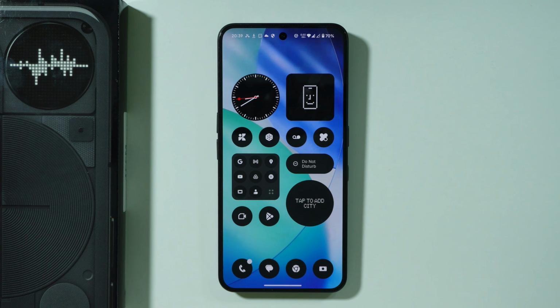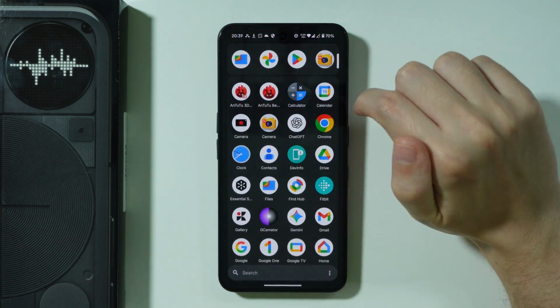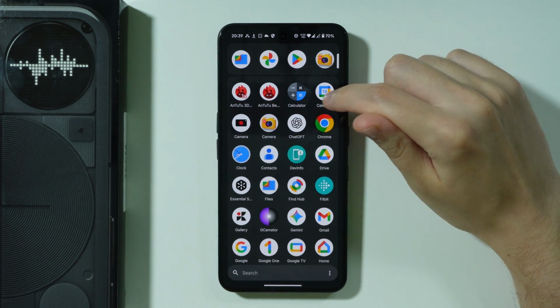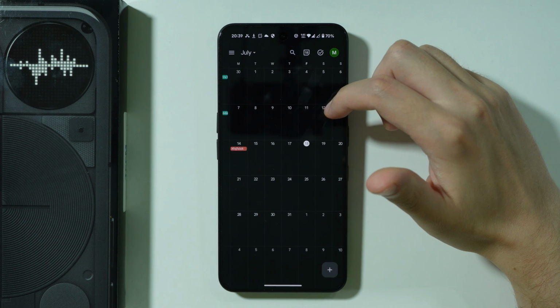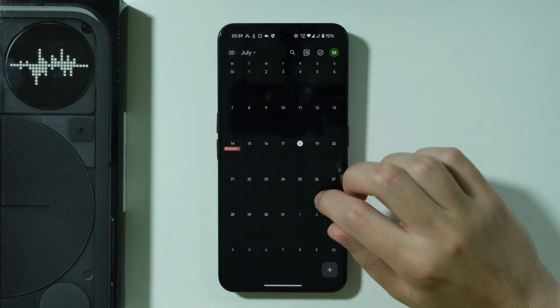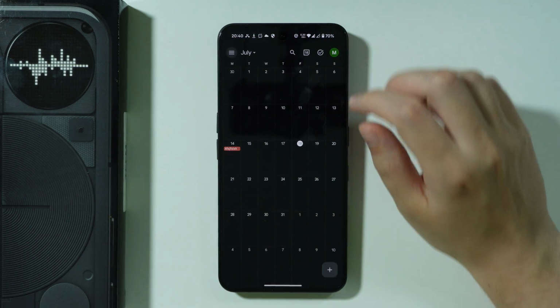If you want to add an event to a calendar on Nothing Phone 3, first of all, we need to open the calendar that you can find, for example, in the app drawer. So let's go over here. After that, you can select the day on which you want to create an event, or you can press this